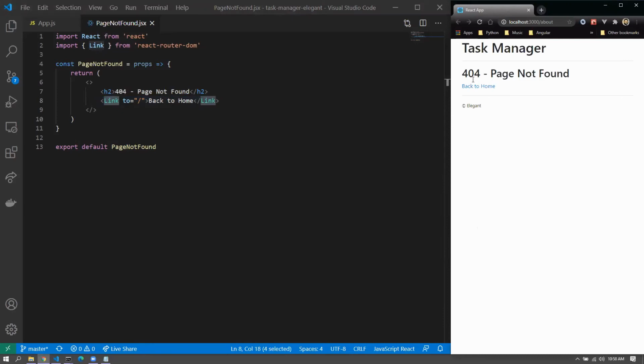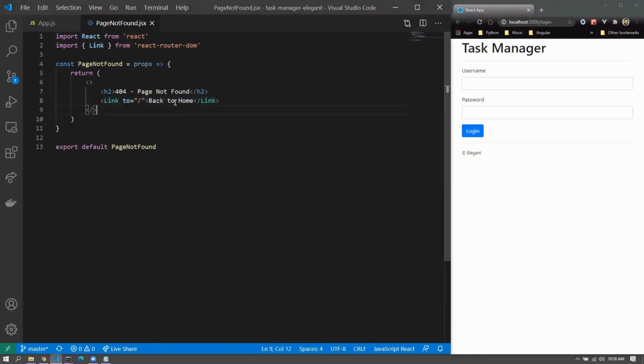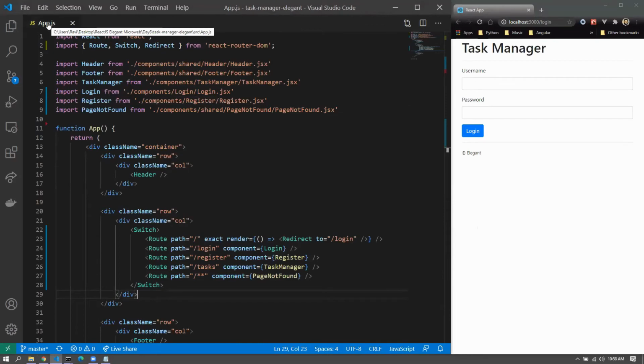All right, so that is basically the thing. And we would always use link, and it is also a good way to go for a navigation this time around. So we'll go for a navigation as well. So the navigation would be there inside the header. So let me just go into the header,